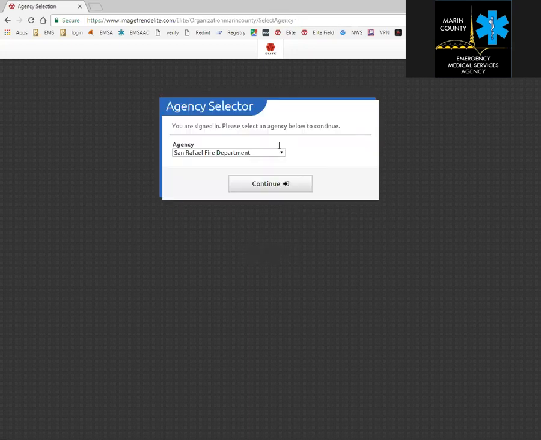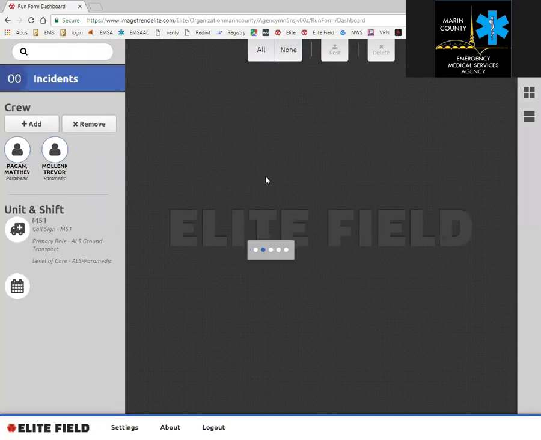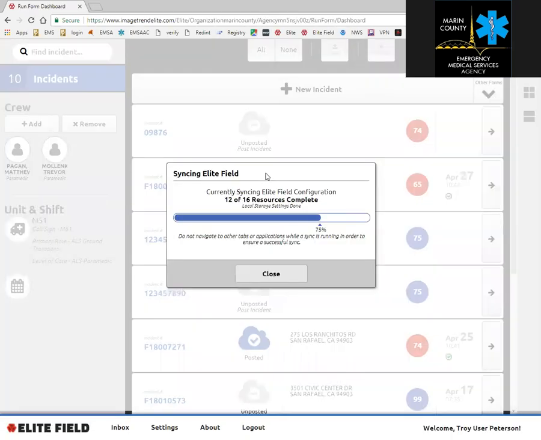This does not require an internet access to work. It will require it to download CAD data. If you do have multiple agencies, you'll be asked to select one. So here in Elite Field,